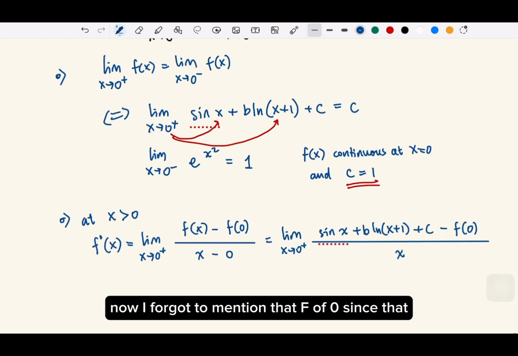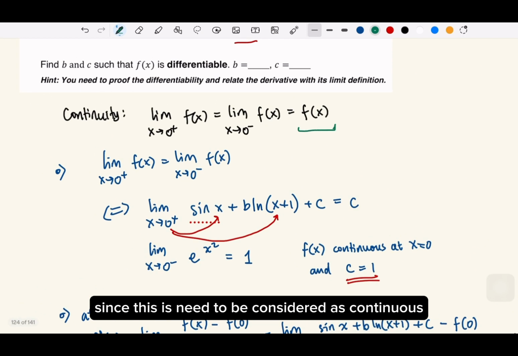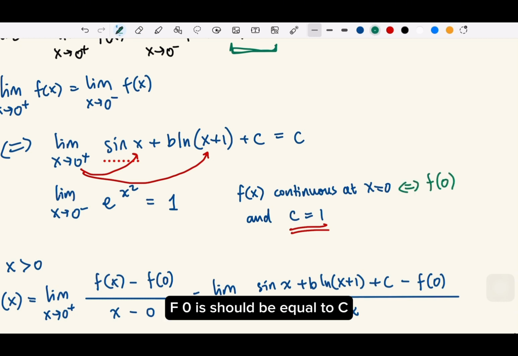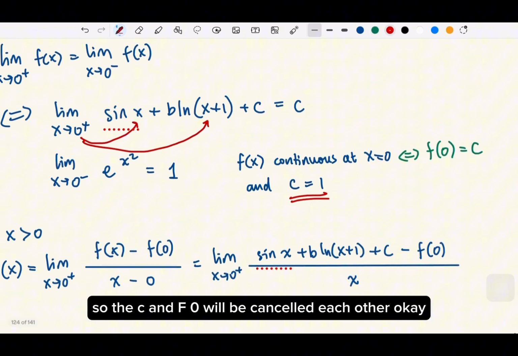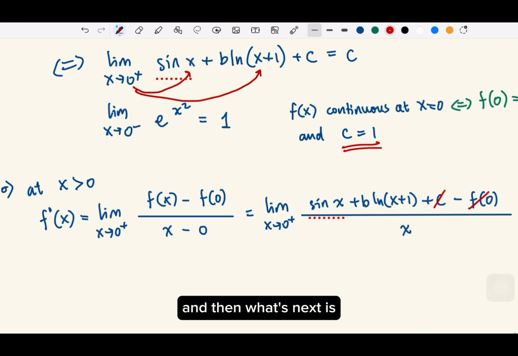Now I forgot to mention that f of 0, since this needs to be considered as continuous, if we want to make this continuous, then f0 should be equal to c, or in our case is equal to 1. So this c and f0 will cancel each other. And then what's next is we can conclude that this will be